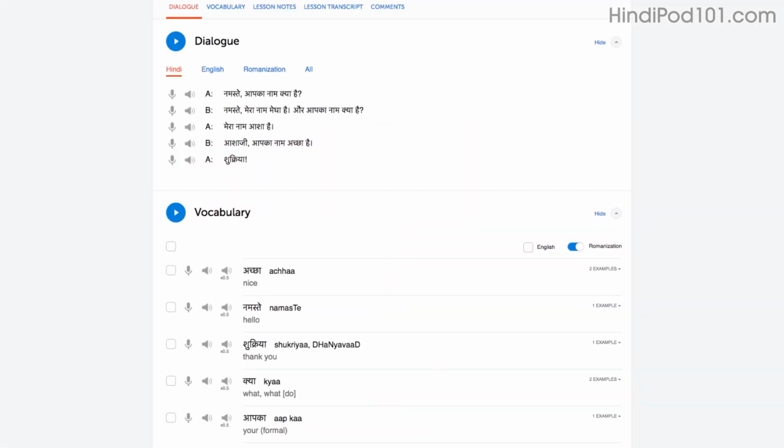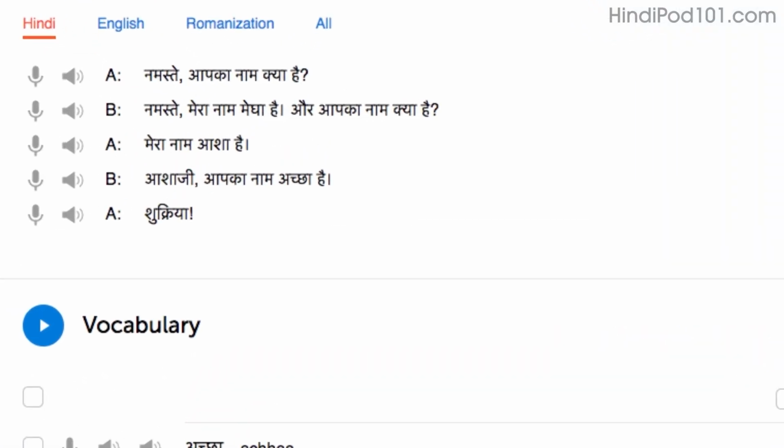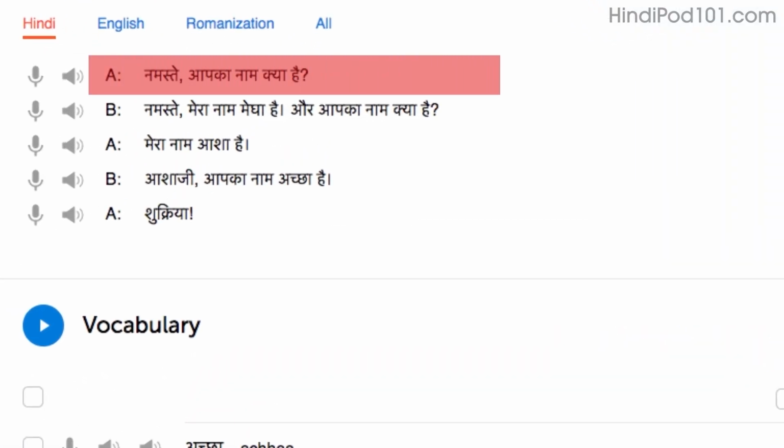So, start by reading with the dialogue tool. If you're like most learners, you'll read the first line slowly. That's because you're still getting used to the words, which is okay. Reread it. On your second try, you know most of the words, and you'll read a little faster. Reread it again. On your third try, you'll be even faster, at a native speaker's speed. And being able to read these phrases out loud and fast will help you speak fast.